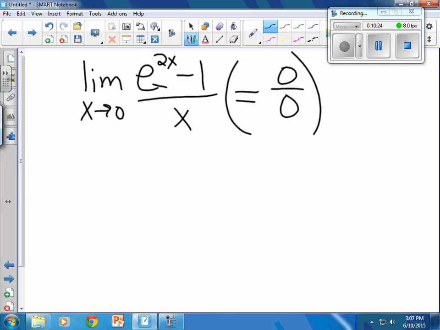Anything could happen. The limit could be 0. The limit could be infinity or negative infinity. The limit may end up being 4, or the limit might not exist. And so we employ L'Hopital's rule. So by L'Hopital's rule,